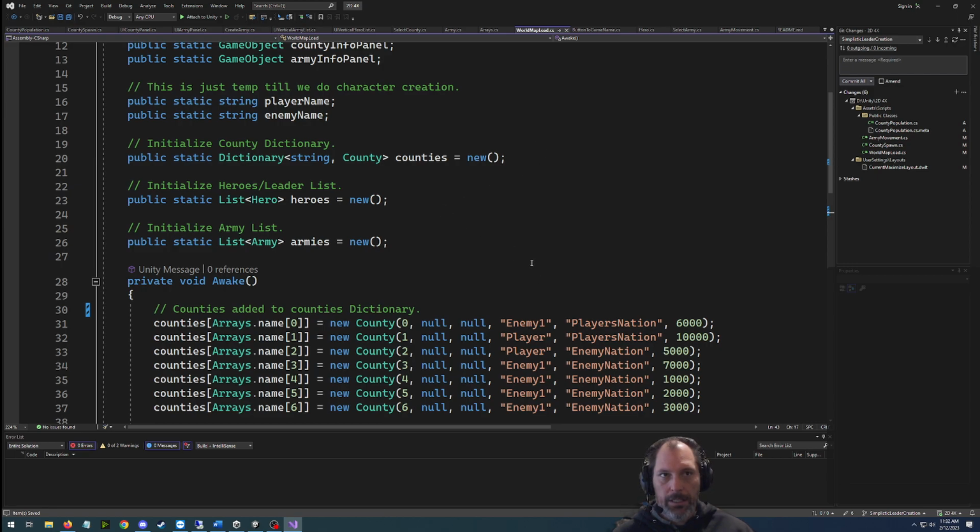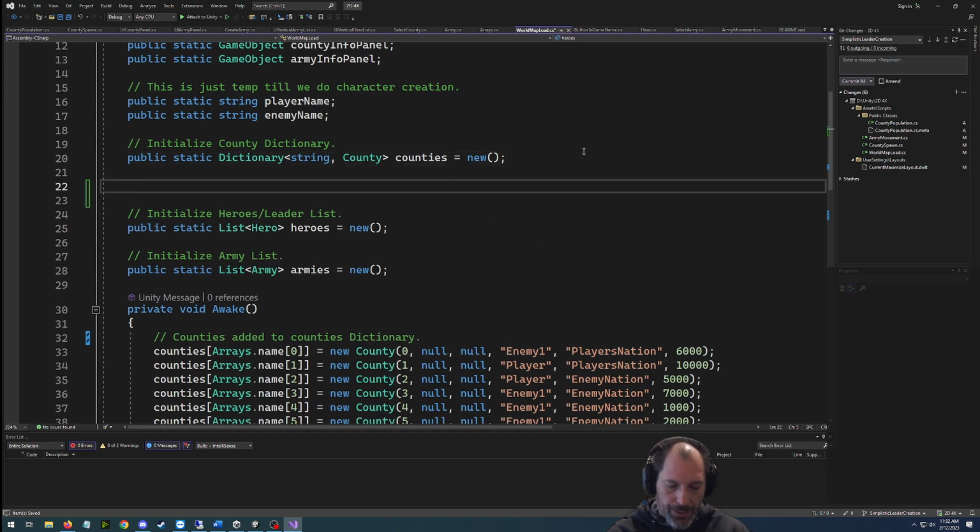Let's make it, it is gonna, let's, no, because it's gonna be a dictionary list is what it's gonna be, not a dictionary. Yeah, and that's originally what I had this as, and then someone in chat mentioned that there was a better way to do it, which is the way I did it. No, it's going to be a dictionary list. That's what this is going to be. So we're going to create heroes list, we're going to create army list, we're going to create the county list. So after this, we're going to initialize county population